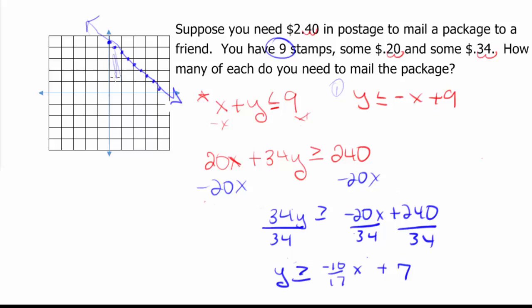Okay, and we only shade below, but we're only dealing with the first quadrant because, again, we can't have negative. We're not going to go into the negatives. Okay, then over here, to graph this, it's a little harder. So I'm going to use a red. We're going to go up to 7, so 2, 4, 6, again going by 2s. We're right here. But then we got to go down 10 over 17,